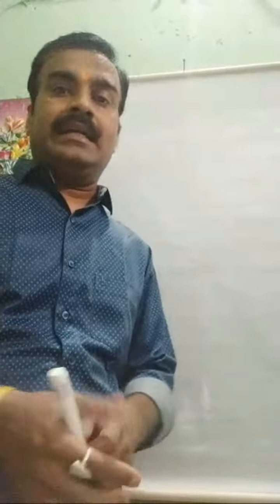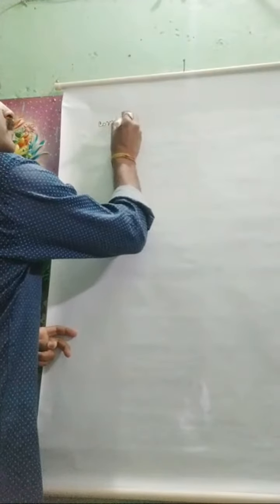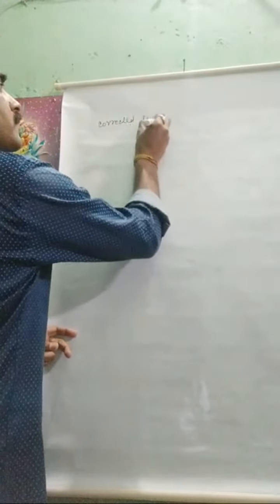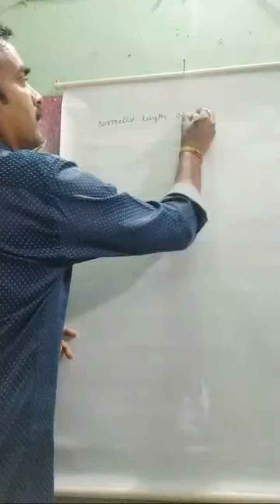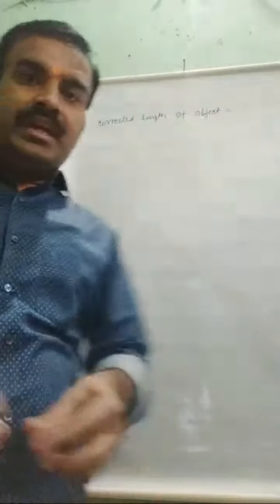Today I am going to explain how we can measure the corrected length of any object. How we can measure the corrected length of any object. If simply we have to find out the length of any object, then by the use of the meter scale